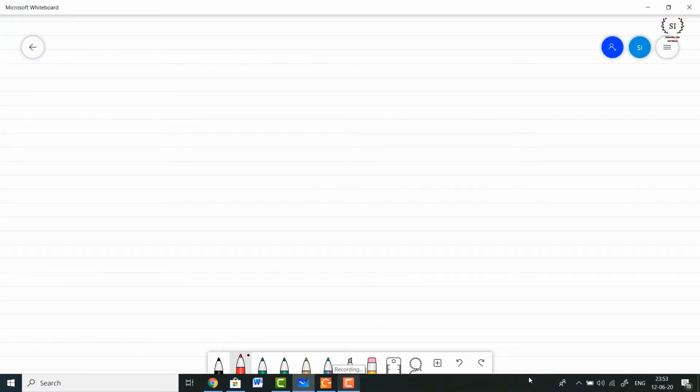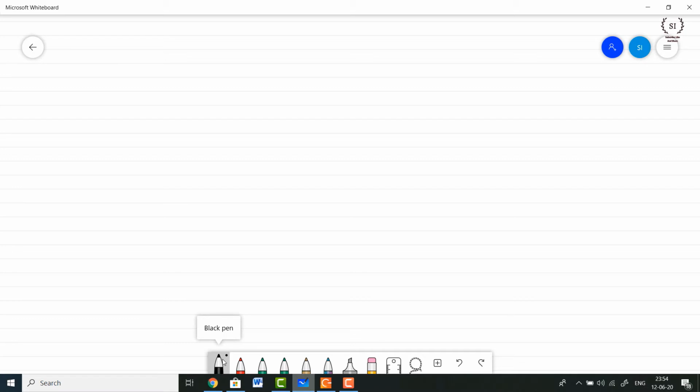This is how it looks. It's really very simple. It has few options for you to select between various pens. You can also add the colors of those pens accordingly. Now I would not be using my mouse, I would be using my graphics tablet and the stylus pen. So you can see my cursor moving. This is done with the help of my graphics tablet and the stylus pen which came along with it.